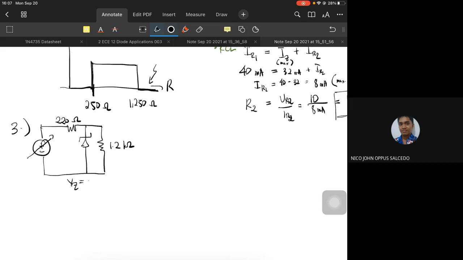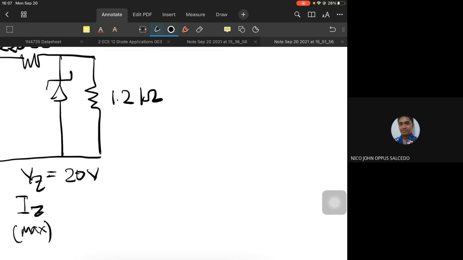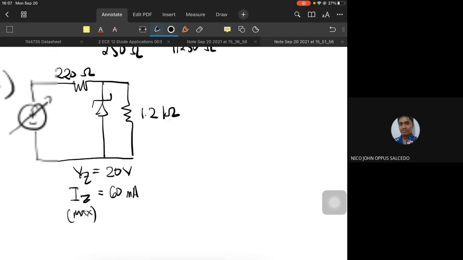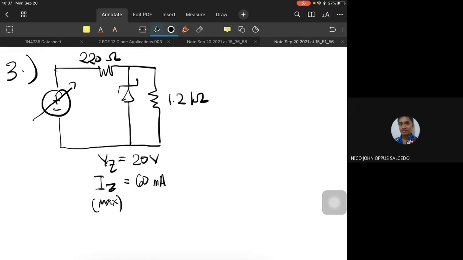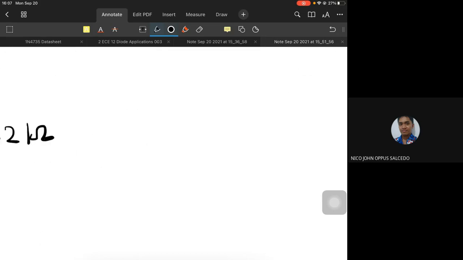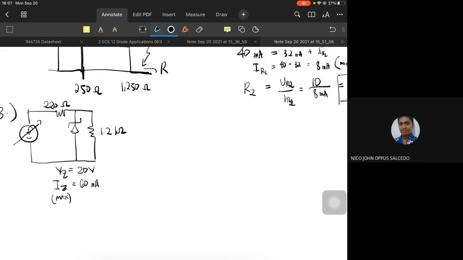VZ is equal to 20 volts with a current rating of 60 milliamperes. So, ang question lang here is solve for range of Vs